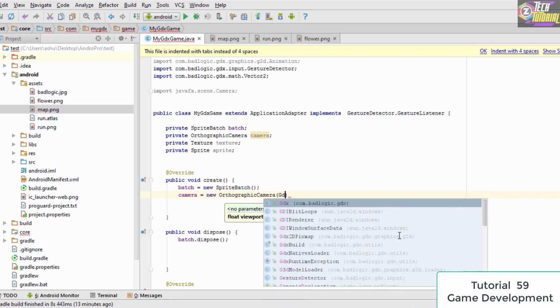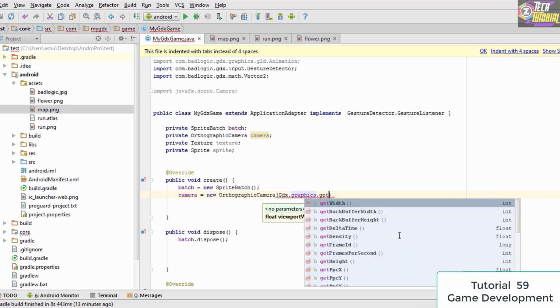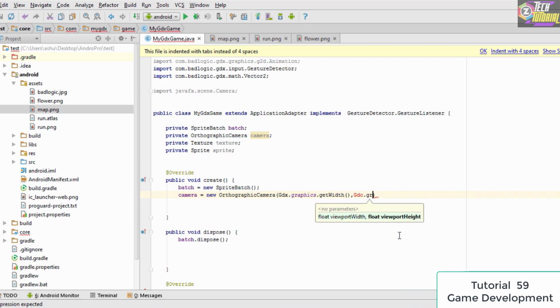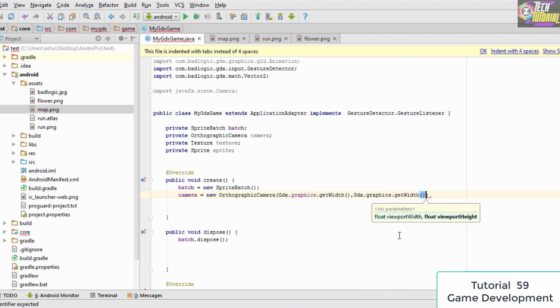So we type Gdx.graphics.getWidth, and then we type in Gdx.graphics.getHeight. Okay, so once we have passed in the width and the height,